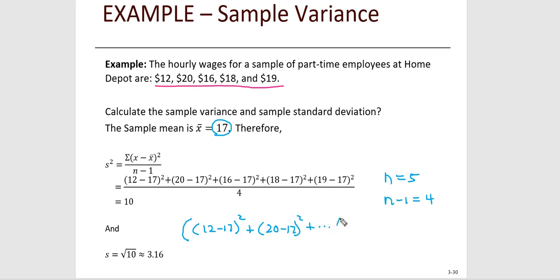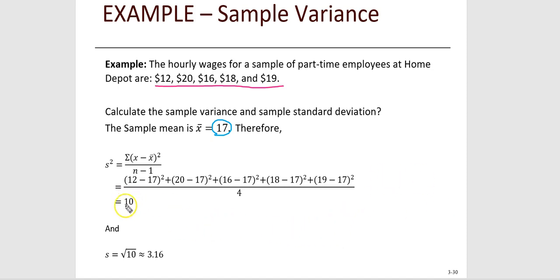And then you'd go out to 19 minus 17 squared. Now you have to put parentheses around everything in the numerator, right? And then divide by 4 and verify that you get 10. Alright, now that is our sample